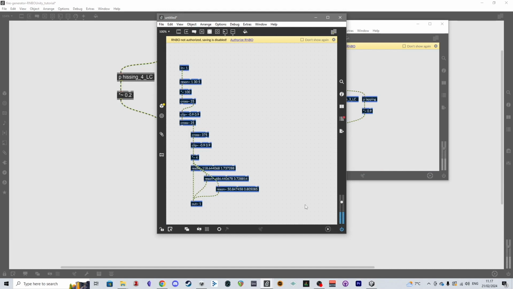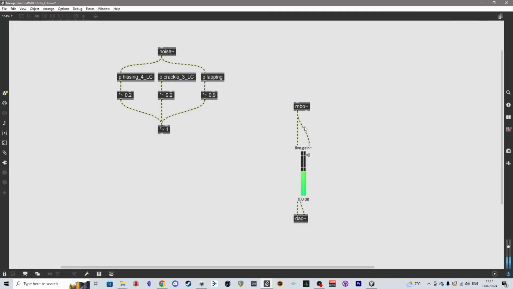Yeah, now we start to get some sound coming. This sounds more right to me. Let's do a comparison. If I take the patch cords here, the output of the